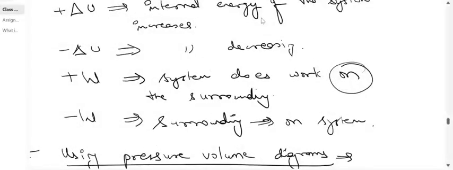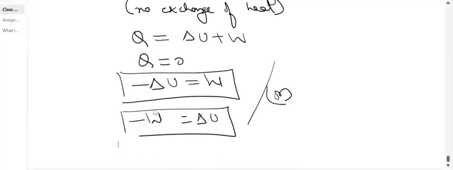What is minus delta U? Let's read again. Here internal energy is decreasing. Here, internal energy of the system is increasing. So we are talking about inside the system and outside the system. Here the work done is plus. That means work done on the system is plus and by the system is 0. Here work done by the system is highest, minus W. Correct? Yes, ma'am.